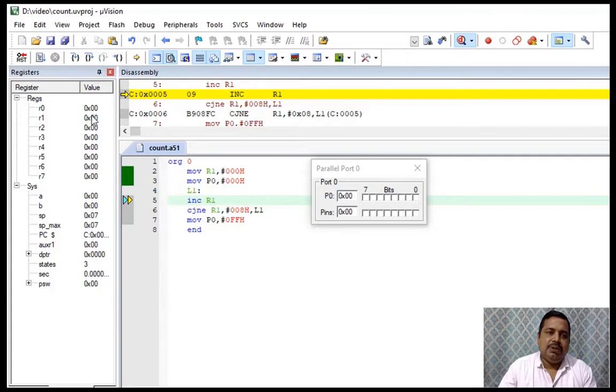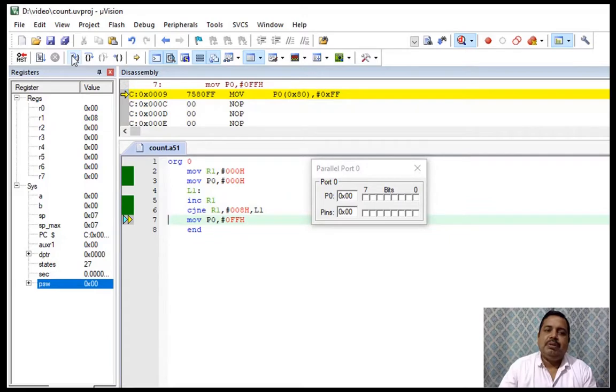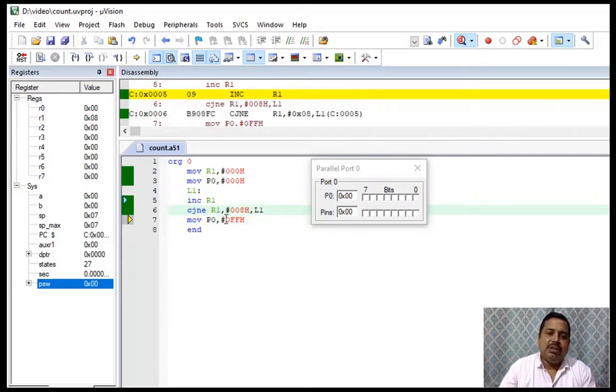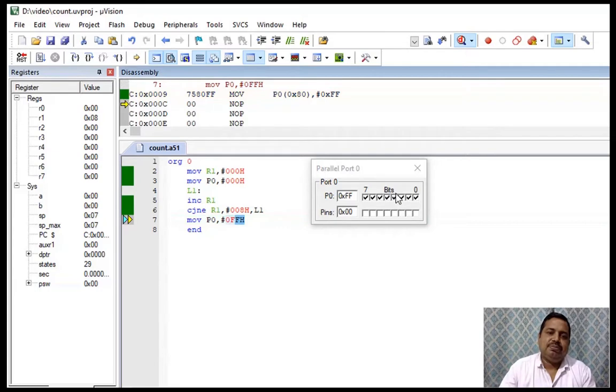Then I increment R1. R1 becomes 1, then 2, 3, 4, 5, 6, 7. Now it becomes 8. Until it was not equal, it was jumping. Since it is equal, it came out, and now I move FF to the port and it becomes FF.